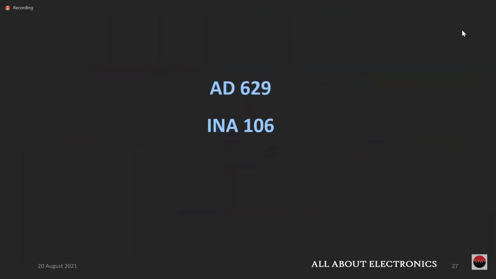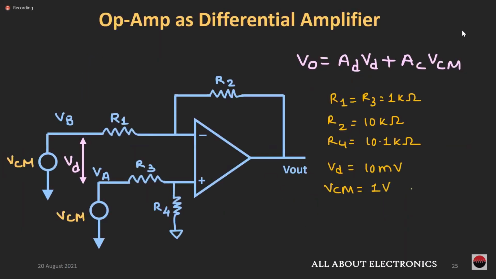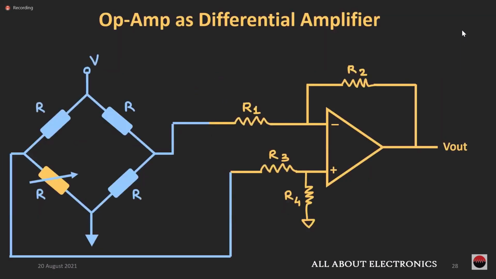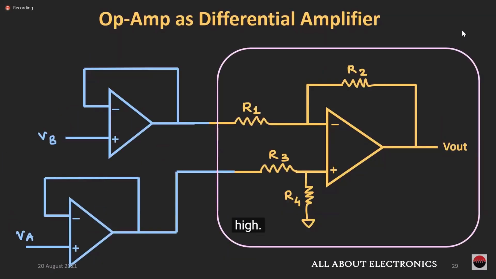In previous figure, we have used two different voltage sources, VCM, for a differential amplifier, but instead of using two different voltage sources, we are using two different voltage followers. Voltage follower is nothing but a circuit which can produce output which is equal to input. If you are giving an input like X volts, the same X volts will be your output for that voltage follower circuit. That is the meaning of voltage follower.